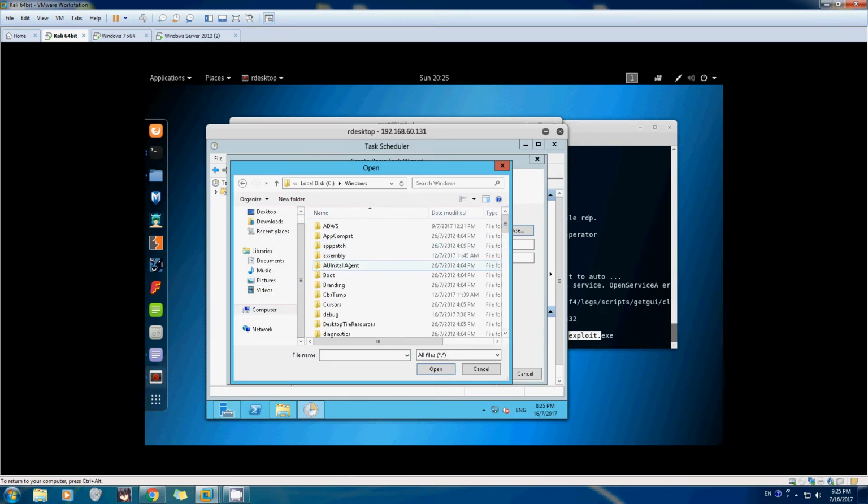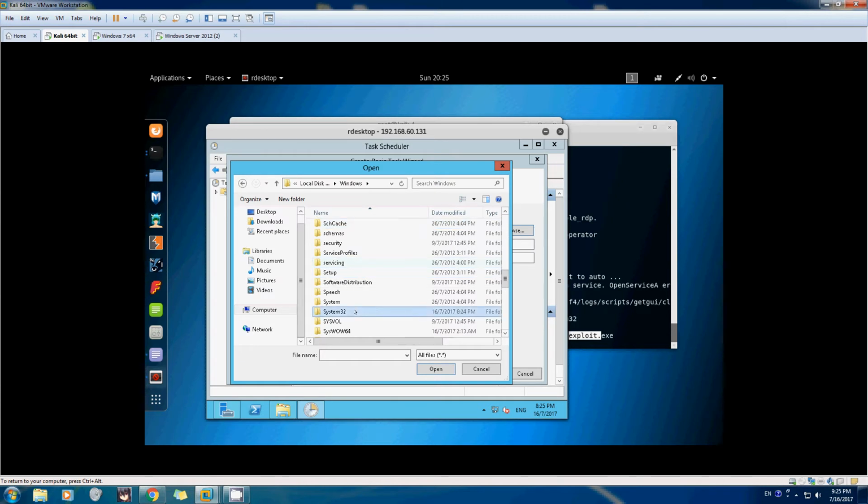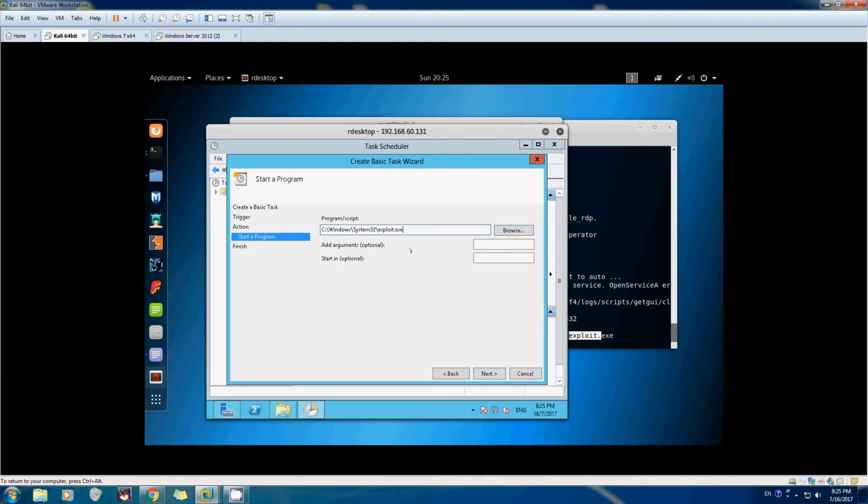Okay, let's go into our Windows System32. Let's look for our file, exploit.exe. Should be quite easy to find. Ah yes, this is our exploit.exe file. See? Okay,